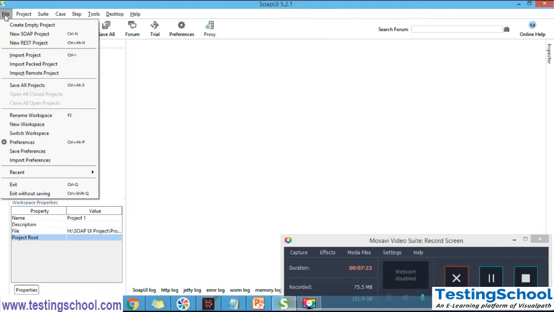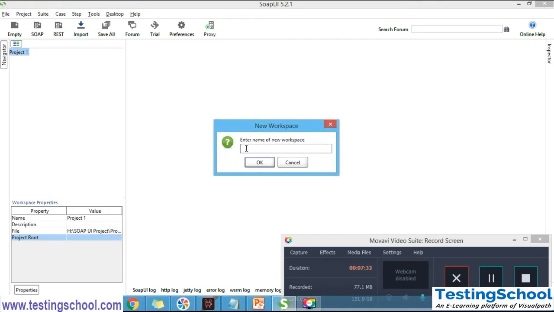Go to the file menu, create, and we can see new workspace. Here it creates a new workspace. Click on this. We can give the name of the workspace. For example, I can give,